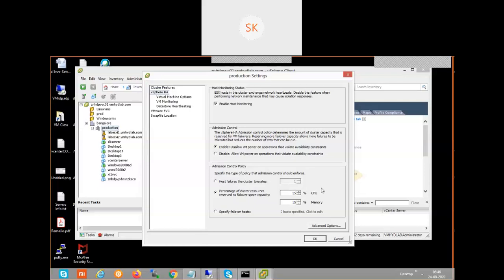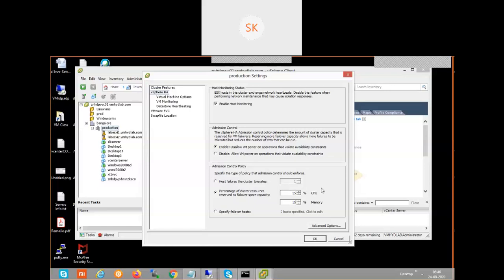If I make it 50%, one out of two hosts, I cannot use one ESXi host for virtual machine deployment. In the sense, for a failure issue, I keep one ESXi host in an idle position for the complete time. You need to understand the cost of the ESXi host, the requirement of this configuration, and whether it is worthwhile for this environment. You need to consider all these things and then configure.